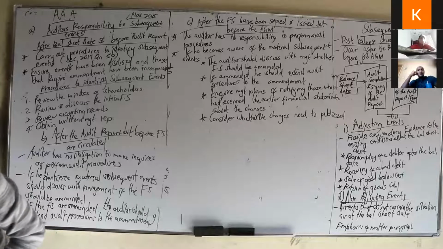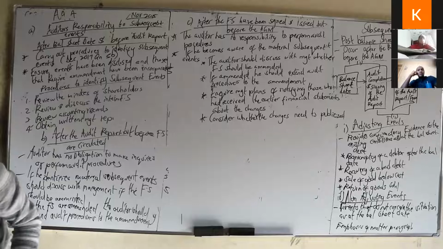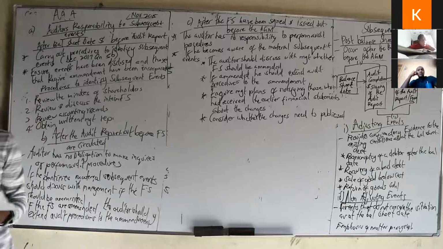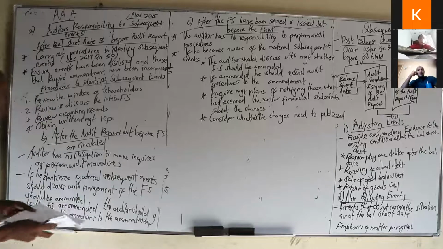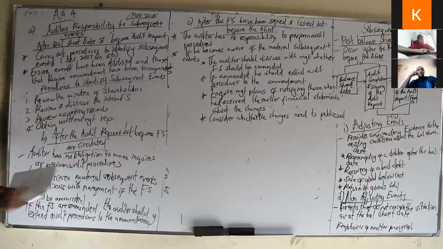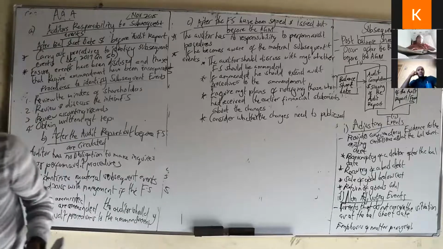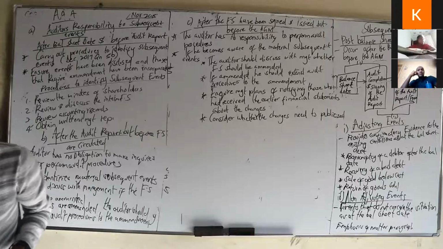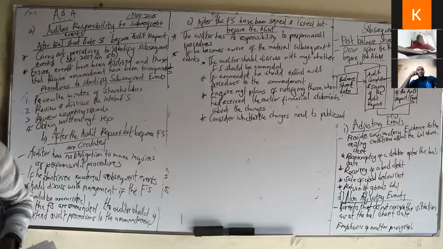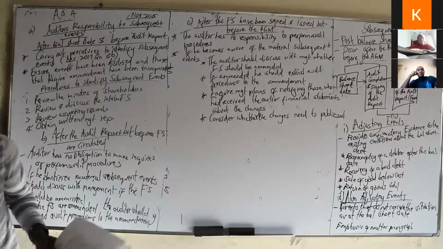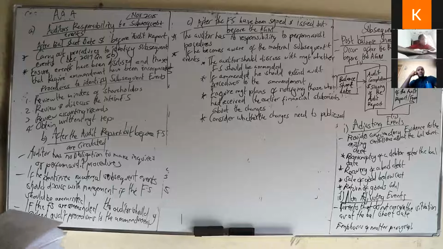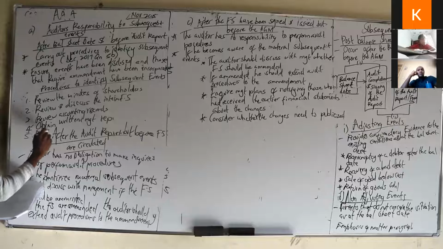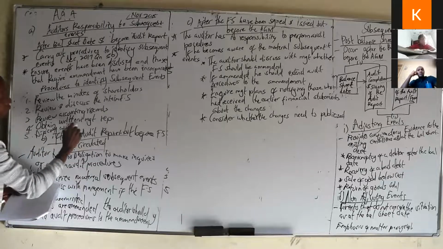And then part B, you're asked to explain the audit procedures that you could use to examine subsequent events. So this is what you would have written to identify those subsequent events. They're asking to explain the audit procedures you could use in the examination of a subsequent event. So you can also add another one there so that you have the full marks. It is 10 marks. So you can also discuss with the company lawyers